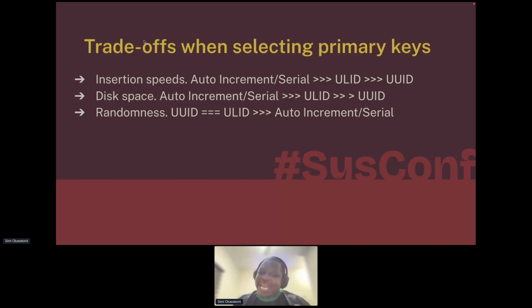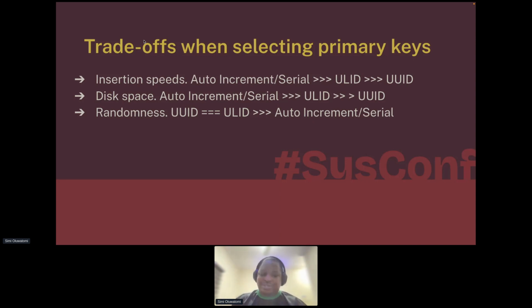Your ULID column will be stored using 12 bytes. Meanwhile, your UUID column will be stored using 16 bytes. The byte looks small, but please let me remind you that 1 byte eventually, by the time you multiply it, becomes a megabyte. And then when it becomes plenty, it becomes a gigabyte, and so on and so forth.